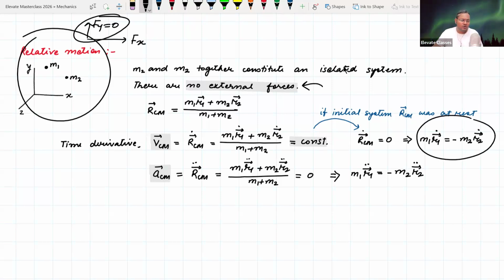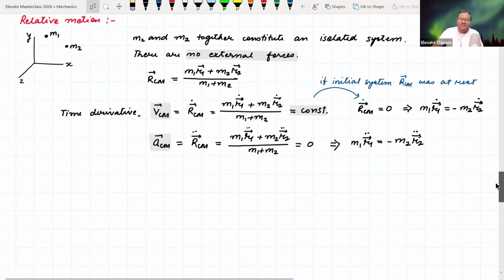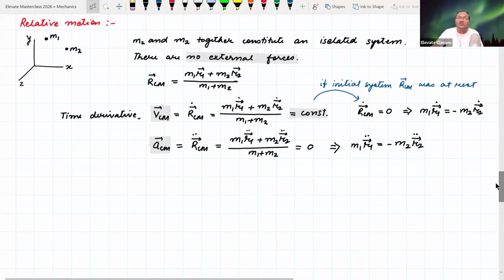Are you guys understanding? So it is not just for this specific reason of no external forces, but it is also true on a case-to-case basis for every single coordinate axis. Okay. So if there is no external force along a particular direction, the system, if it is initially at rest,